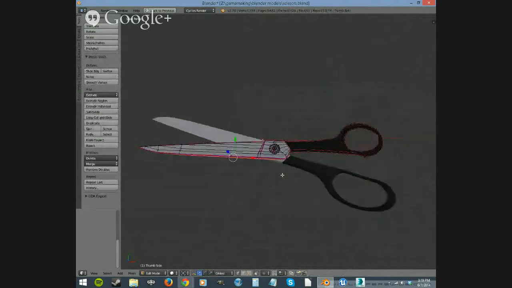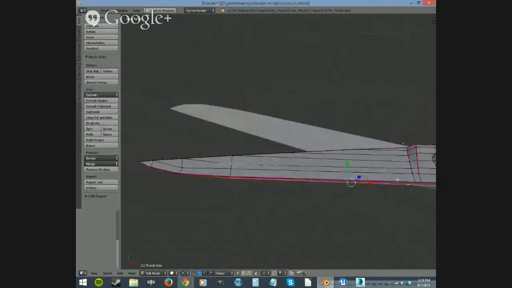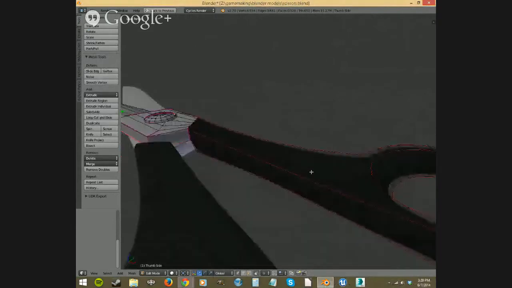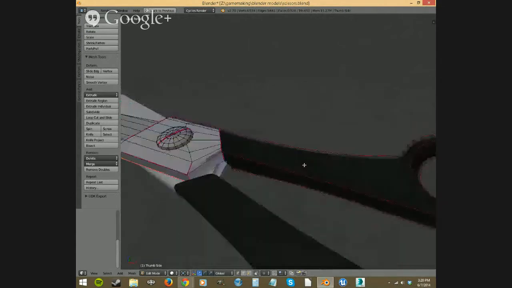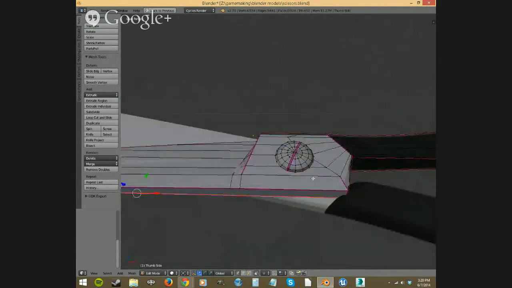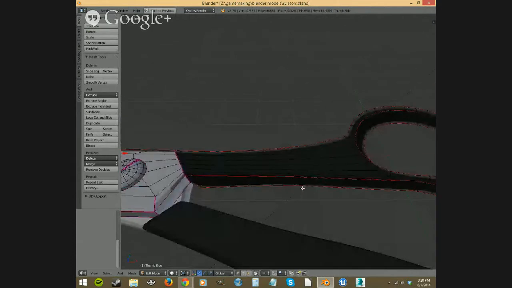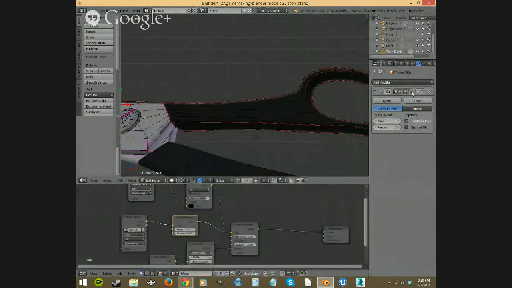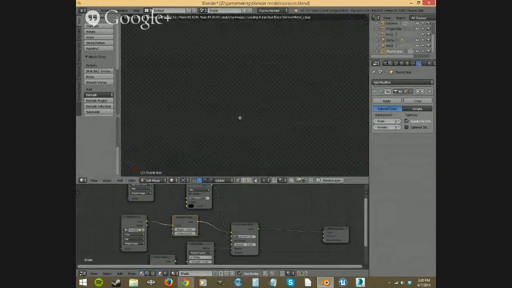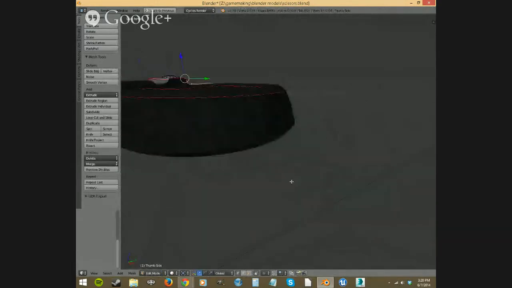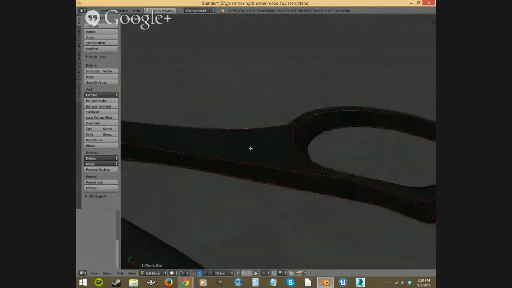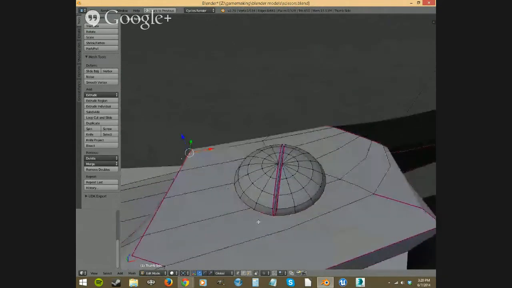Let's take this piece and look at it in topology, the wireframe of it. See how this is all squares? I haven't applied my subsurface modifier, so it's not showing anything like here where it curves in and it doesn't go all the way out to it. See, let's go ahead and click that on. Whoops. There we go. Now you can see how it's made up of squares, four-sided rectangles, and polygons all over it,